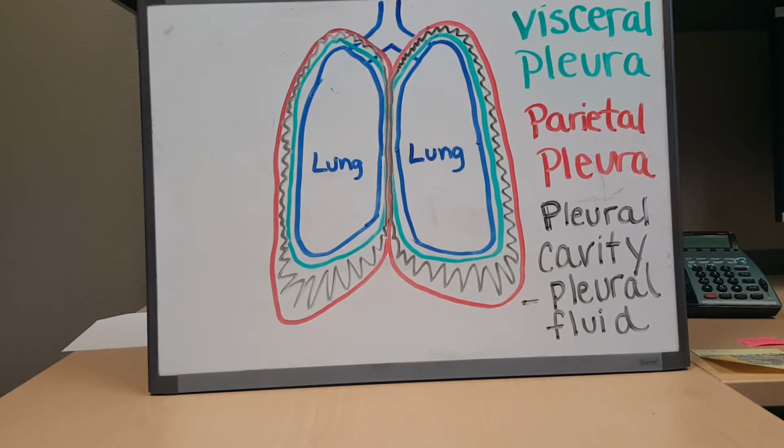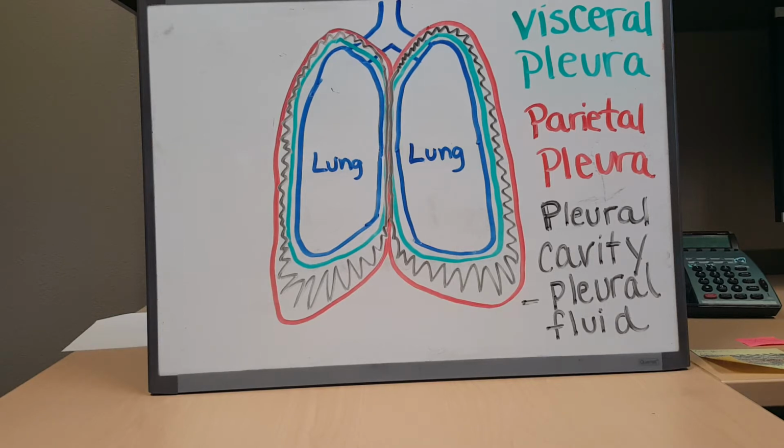Surrounding your lungs are two membranes that work together. You have your visceral pleura on the inside that actually makes contact with your lung, and the parietal pleura on the outermost layer that makes contact with your rib cage. The job of the pleura is to protect your lungs from abrasion, since they're shoved up in the chest along with the heart. As the lungs and your heart are moving, it keeps those organs from rubbing against each other.